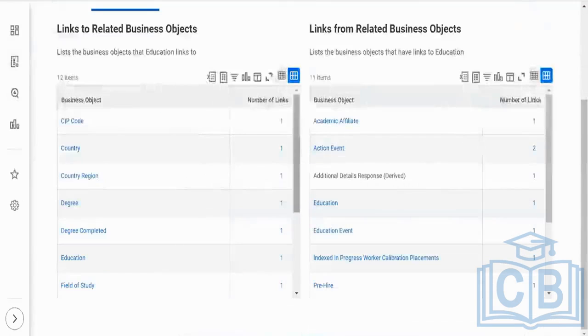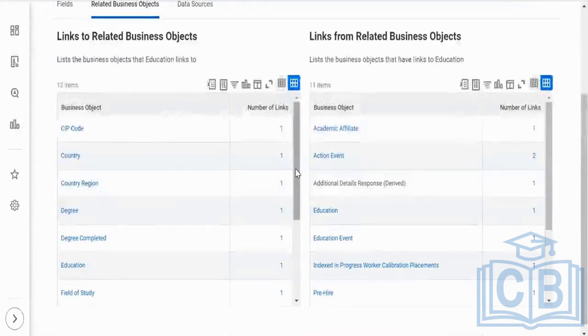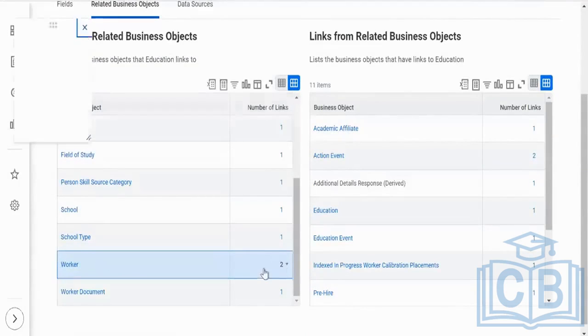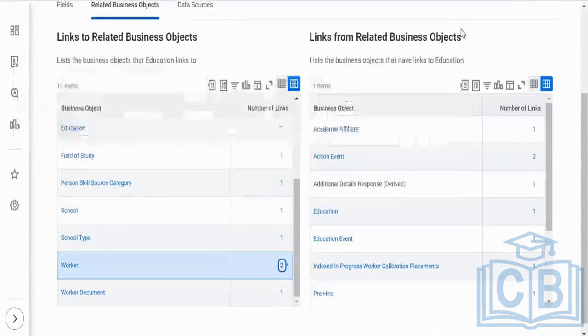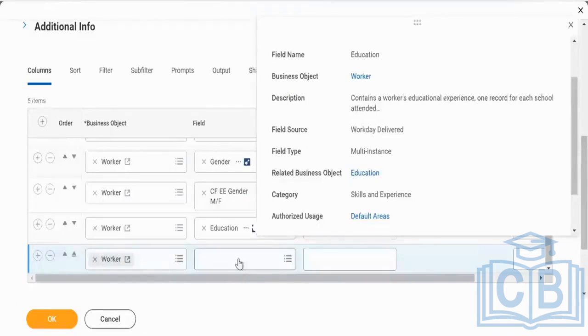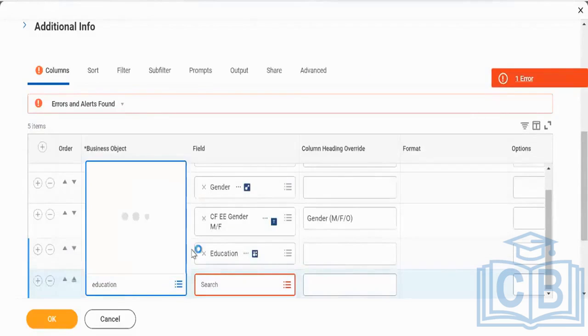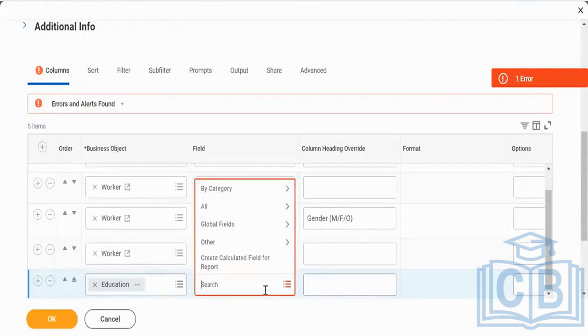Now if I go to the relation between the two related business objects, we need to relate it with the subject. Here is the relation between worker and education. If I click on it, these are the fields. What creates the bridge between worker and education? Now I go to the field and replace worker with education. Now if I see education,